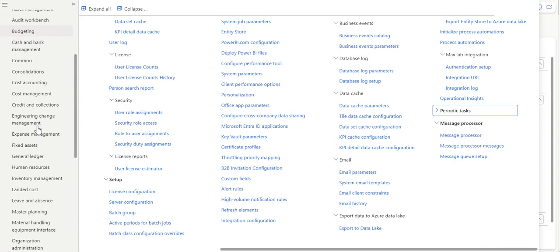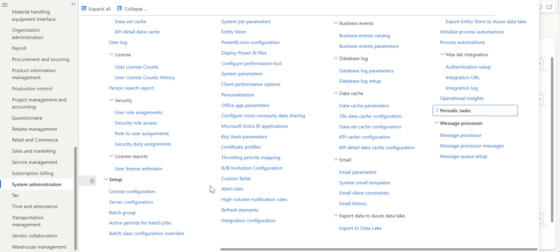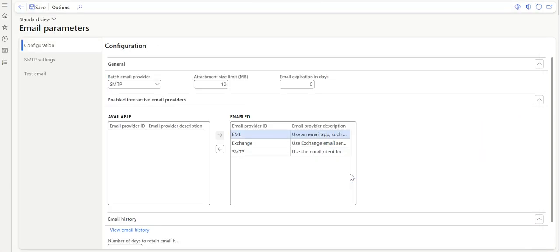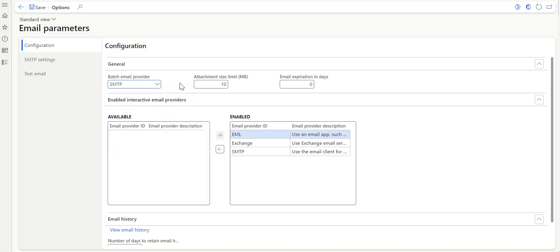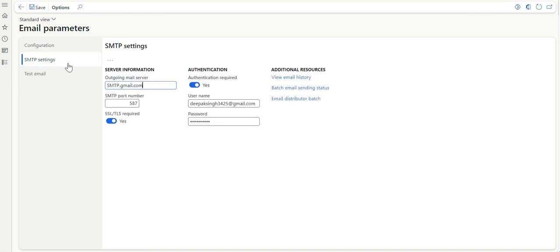So first we'll go to the System administration module. Under setup we have the email. Under email we have the email parameter option. So here in the email parameter option, to trigger or schedule any mail, we have to first do the email parameter setup. Like we have the batch email provider, so we will choose this SMTP setups,